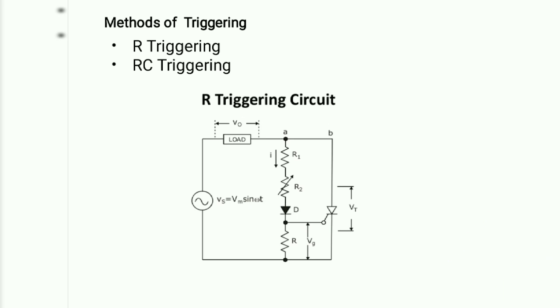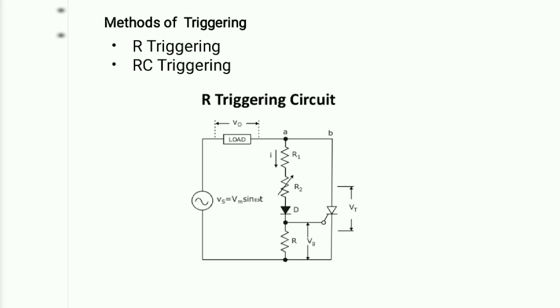The positive terminal of the battery is connected to the anode. SCR starts conducting under the control of the gate, and there is a diode as well. Some amount of current will flow and some voltage will appear at the gate terminal. That voltage is controlled by the R2 resistance. Here R is the stabilizing resistance of the gate voltage. You control the gate voltage of the SCR to trigger it.